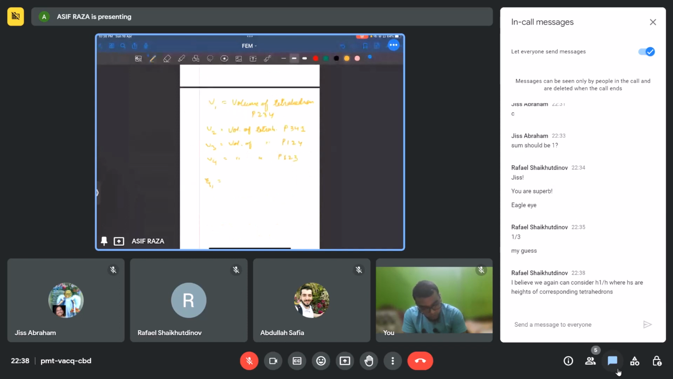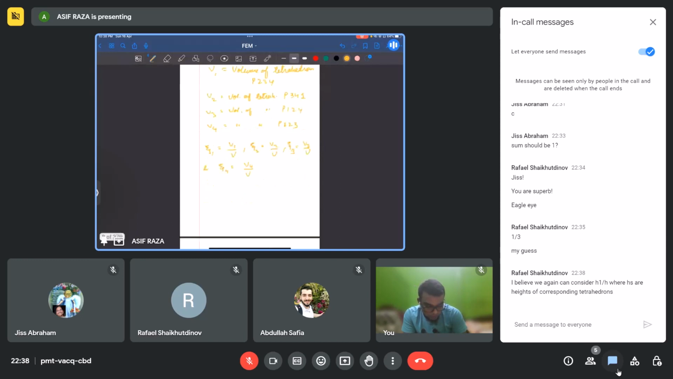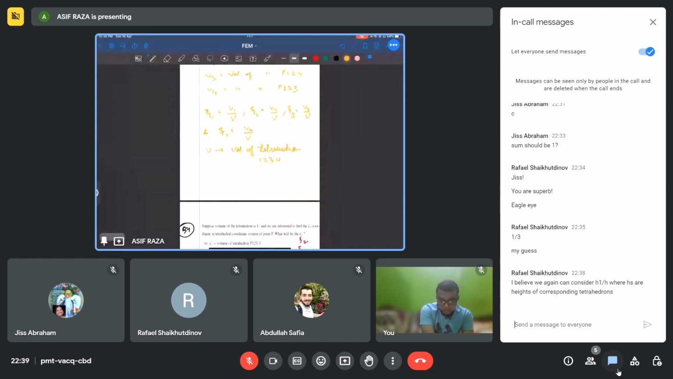Xi1 is equal to V1 upon V. Xi2 would be V2 upon V. Xi3 would be V3 upon V, and Xi4 would be V4 upon V, where V is the volume of tetrahedron 1, 2, 3, 4 formed by this. That means the complete tetrahedron, which is the given one. Okay. So now if you see,